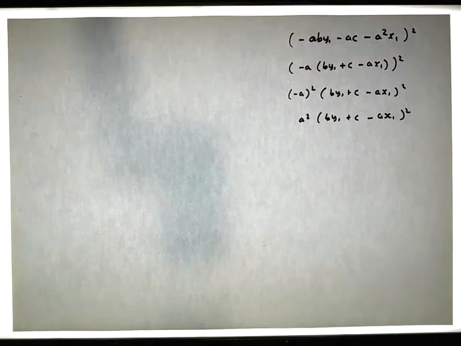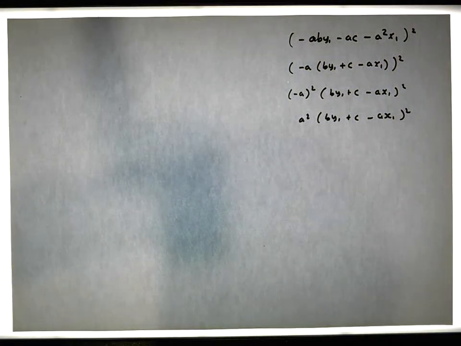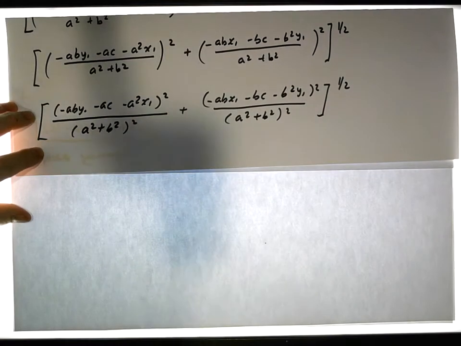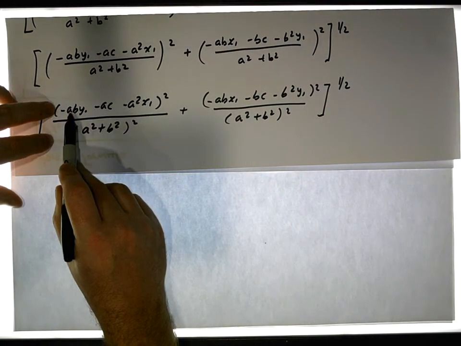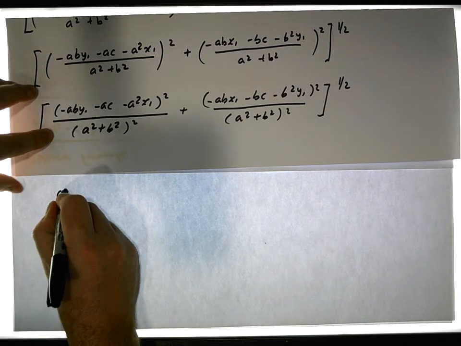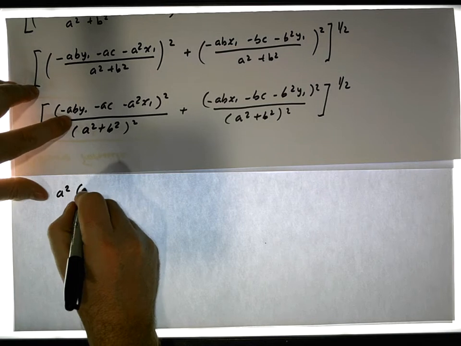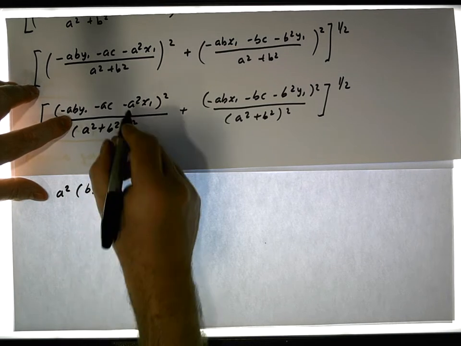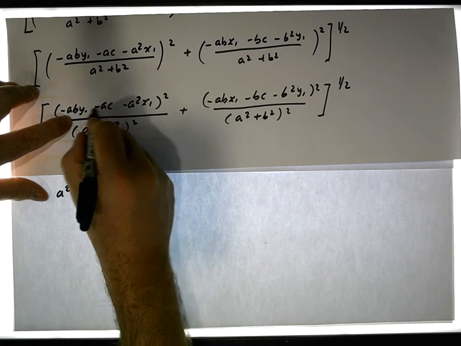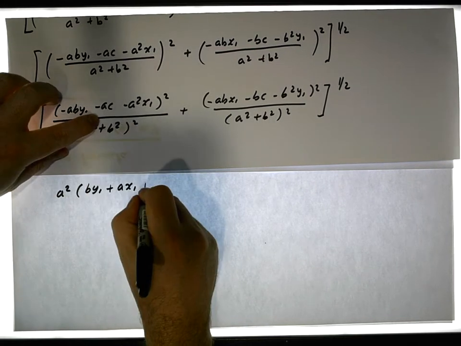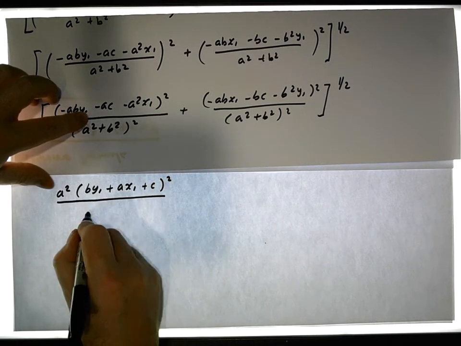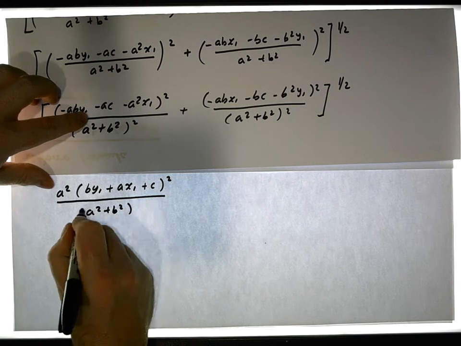Now let me just fold this over. Taking this particular term here, taking the minus out and the a outside, this becomes a squared times what's left behind here, which is aby1, plus ax1, plus a c, and that needs to be squared, and that's all over a squared plus b squared, which needs to be squared, plus